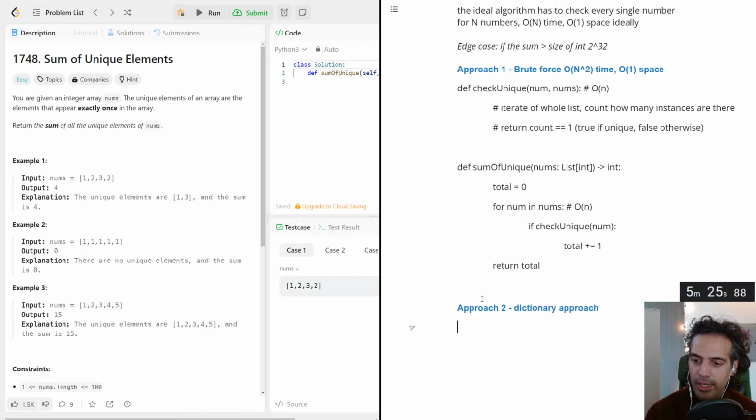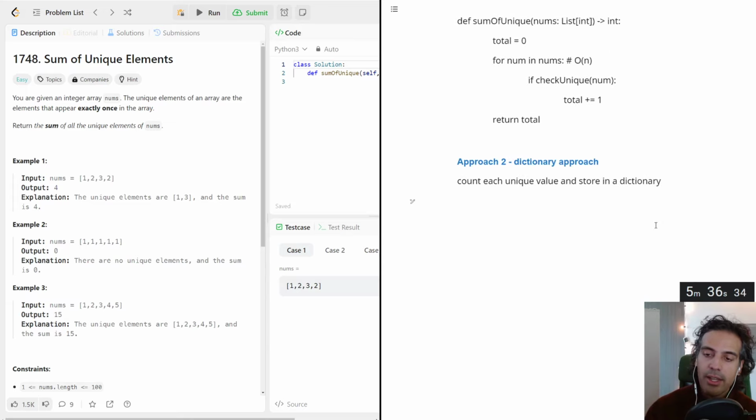And what we'll do is count each unique value and store it in a dictionary. And you could actually do that. Here's where you can ask your interviewer if you're allowed to use existing standard libraries, because there's a thing called, from collections import Counter, I think is what it's called. And you could do Counter of the nums, and then you just want to get where those values are equal to